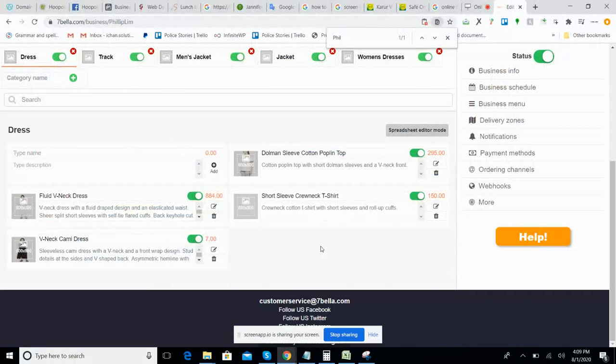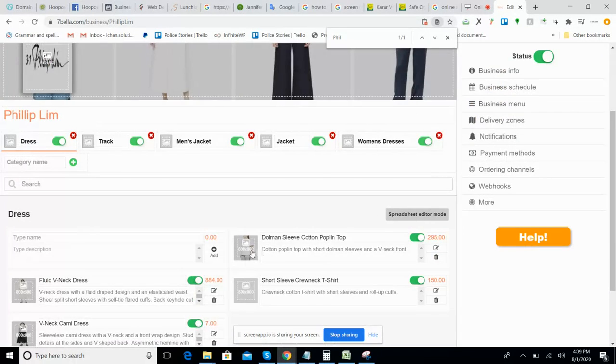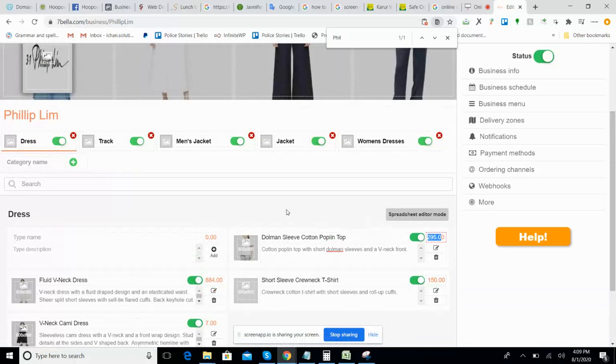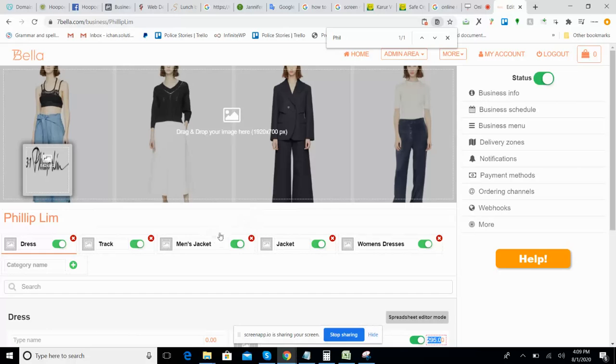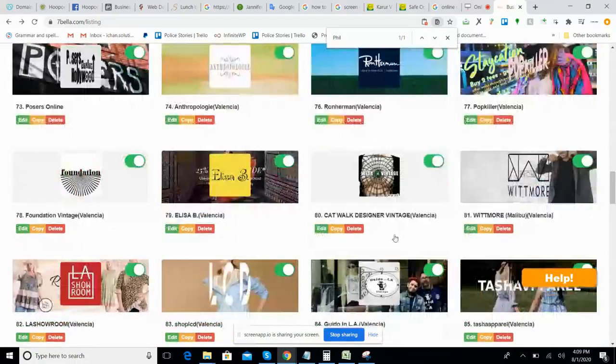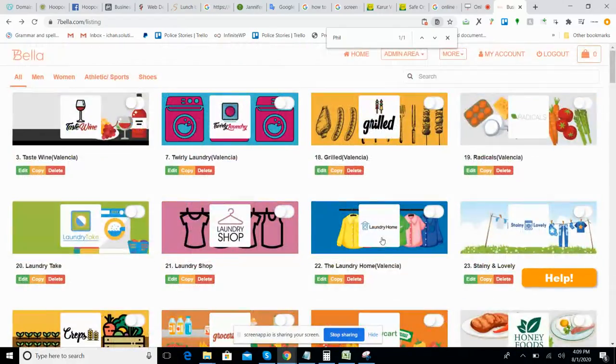Okay, we need to set the category before adding the product. Normally there is an option. Basically you need to ask the restaurant store owner for the product name, the description of the product, and the price. This is the most important from each of the stores. And other than that, we need sizes of the product, like I show you here.